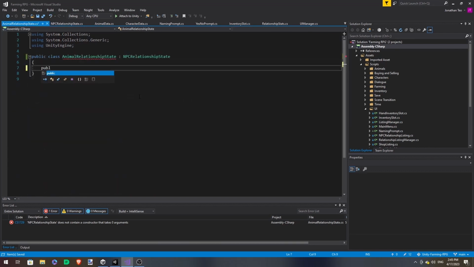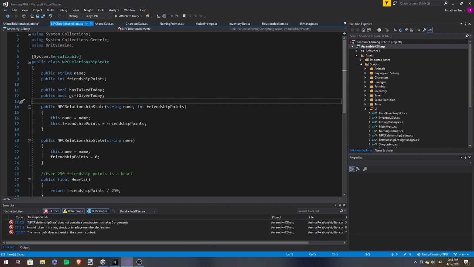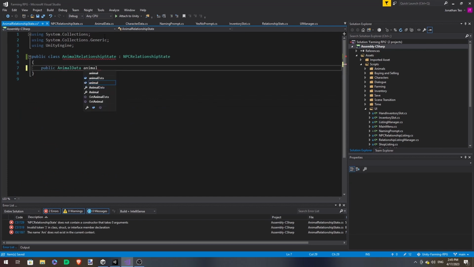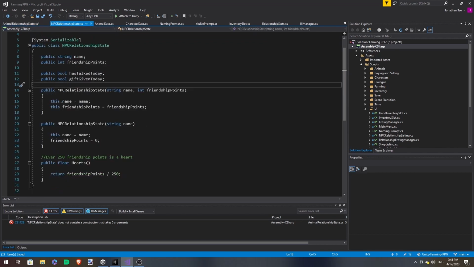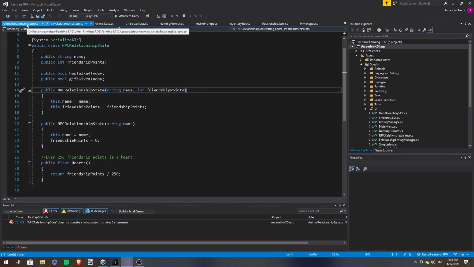So first, what is different from our base class is that it's going to also take in an animal type. So whether it's a chicken, a sheep, or a pig, or a cow. And then we're going to set up the constructors. So first, let's set up this constructor. It's going to take in the name, the friendship points, and it's also going to take in the animal type.